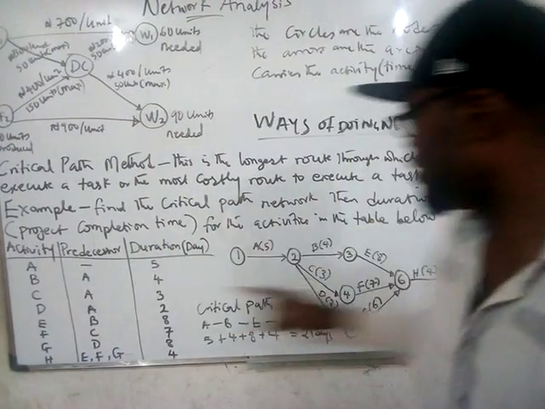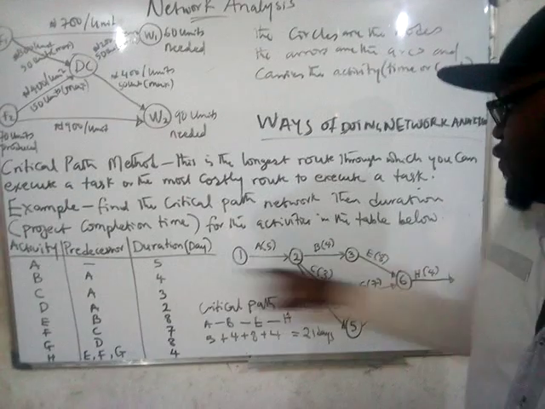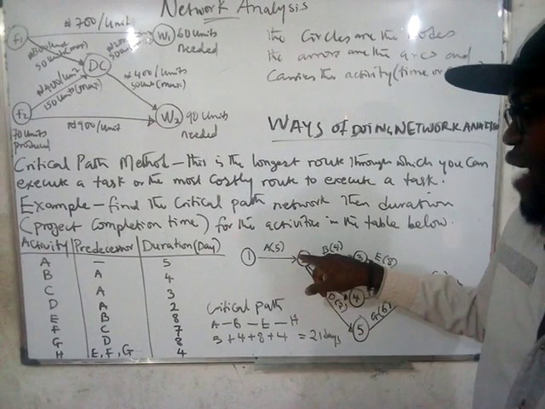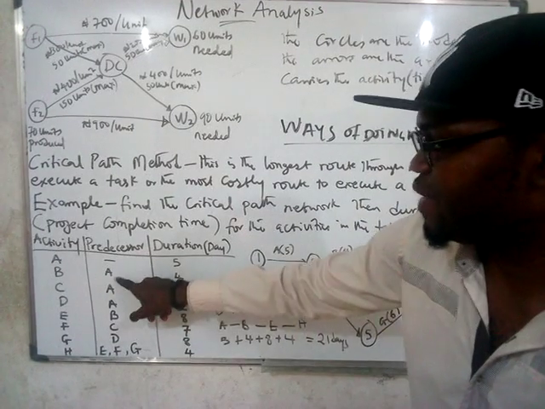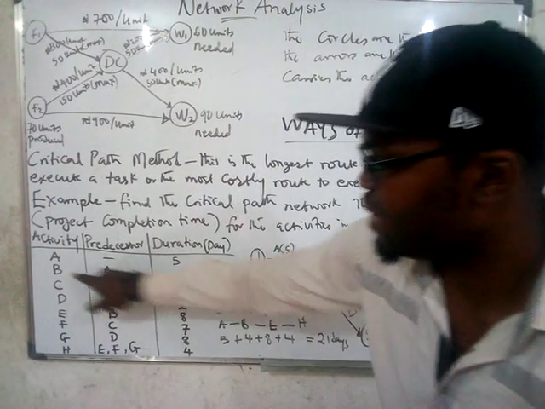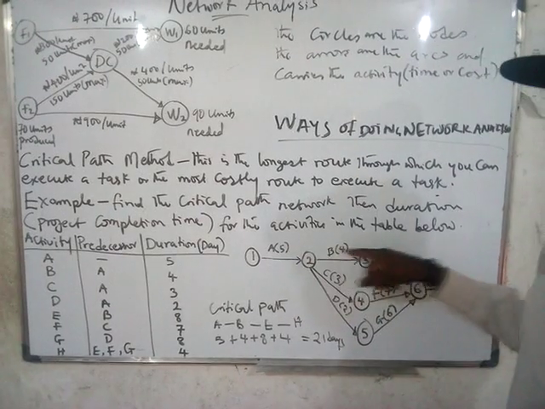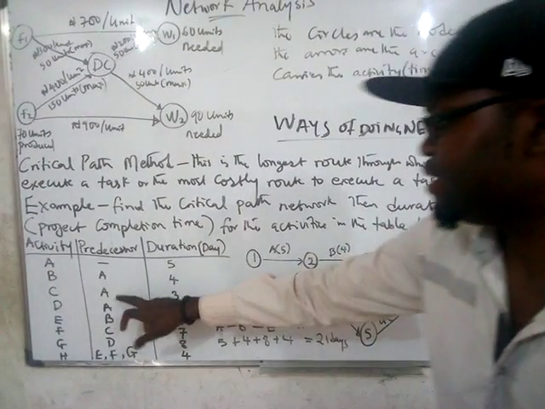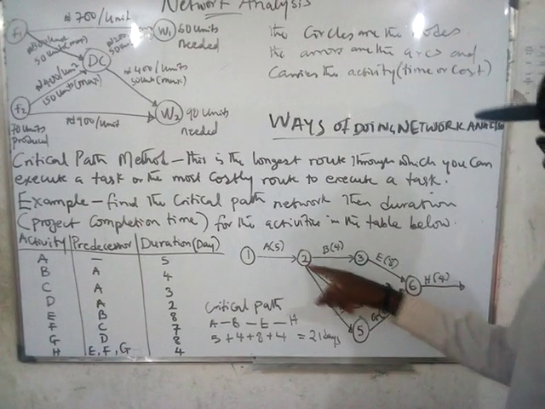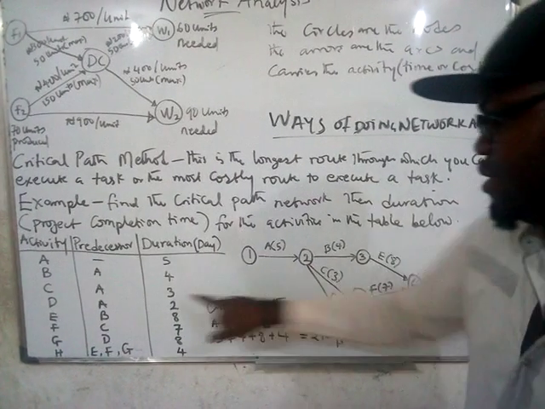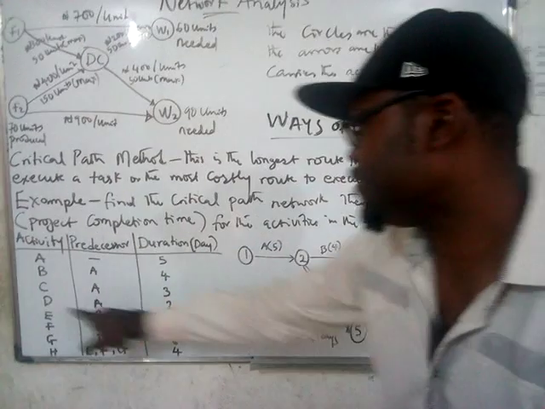The second activity is B, and it has a duration of 4, so you draw. But how do you get to draw from B? You draw B from A, because the predecessor of B is A, so it has to be from where A stops. Next one is C. C also starts from A. That's why this is where A stopped. C starts from there, and the duration is 3. D from A,